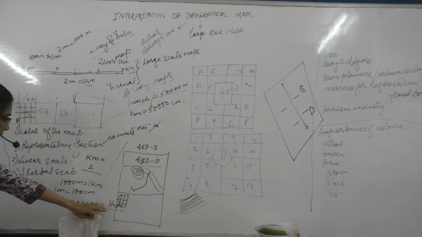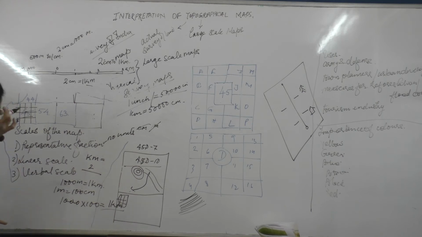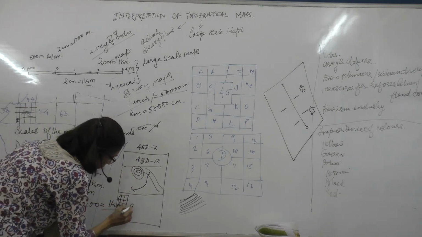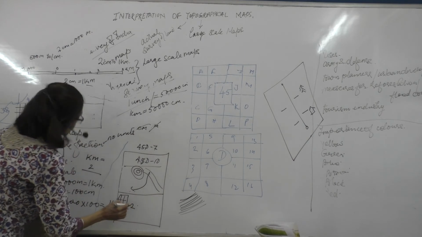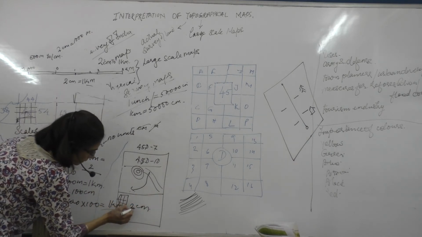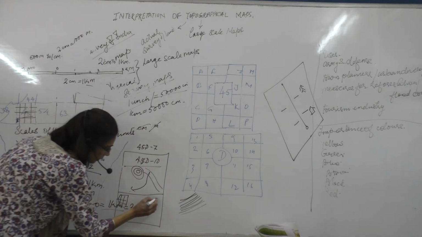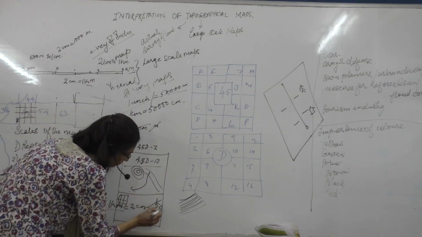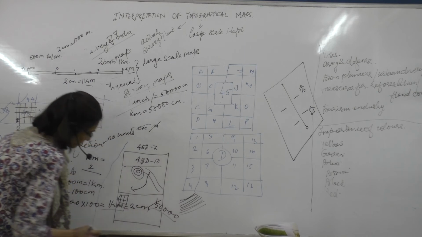This is how we convert it. So we are saying it is equal to 2 centimeter. When we divide it and bring it into the ratio of 1 is to 50,000, it becomes